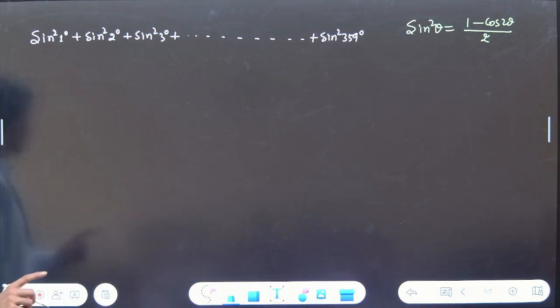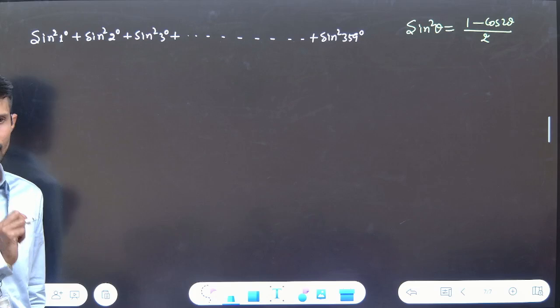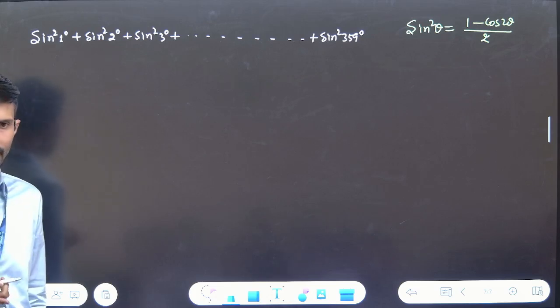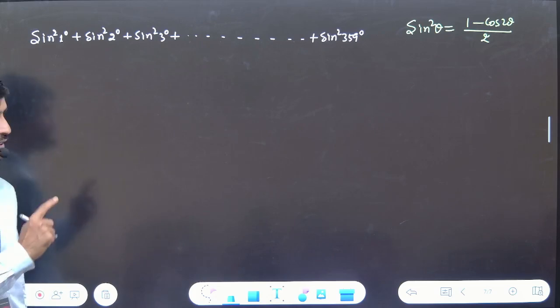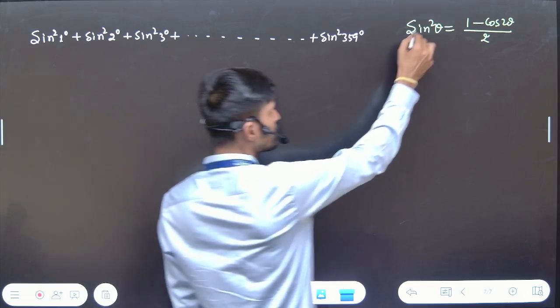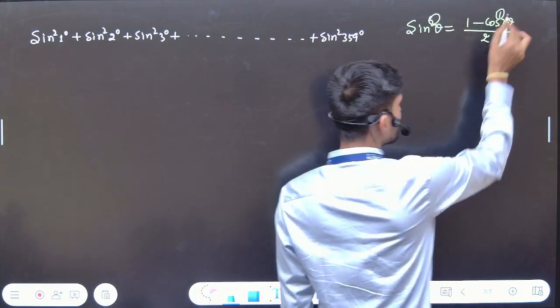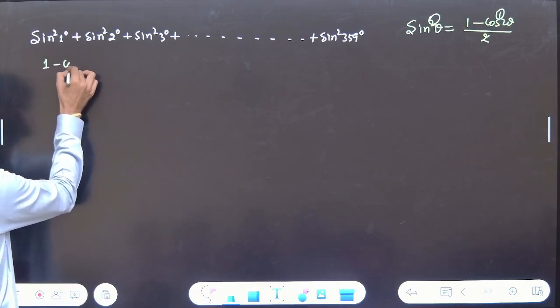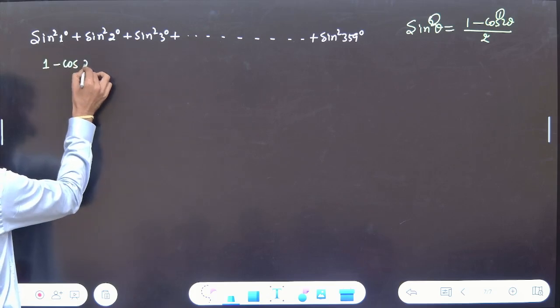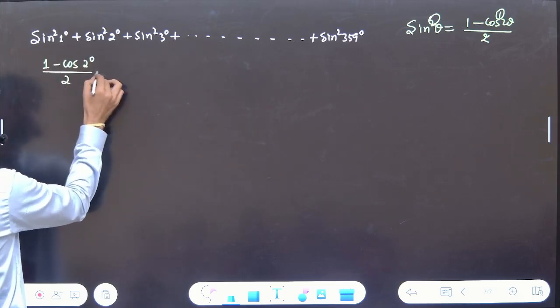So our formula was for degree 1, question was for degree 2. It means we have to think, can we change degree 2 into degree 1? So yes, that formula is there for sin square, where sin square degree is changing into degree 1. So this will write (1 minus cos 2 degree) upon 2 plus